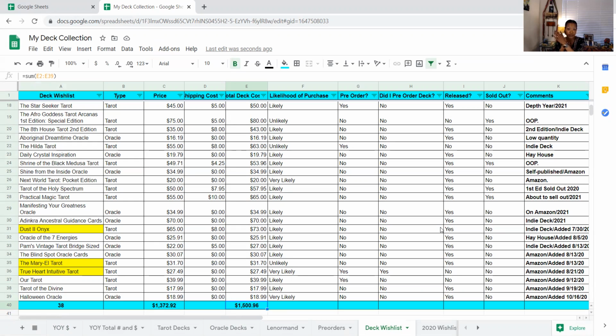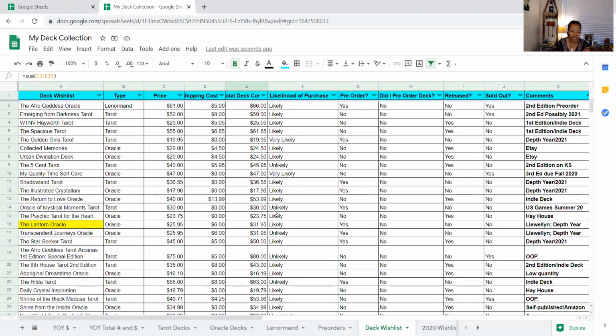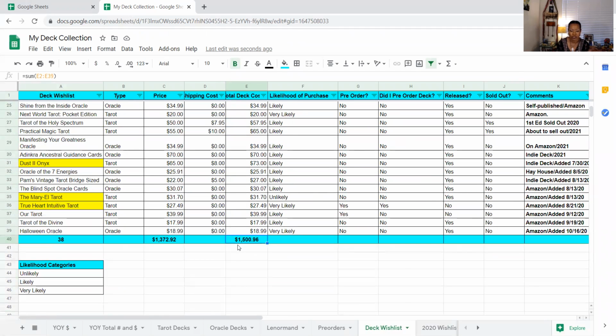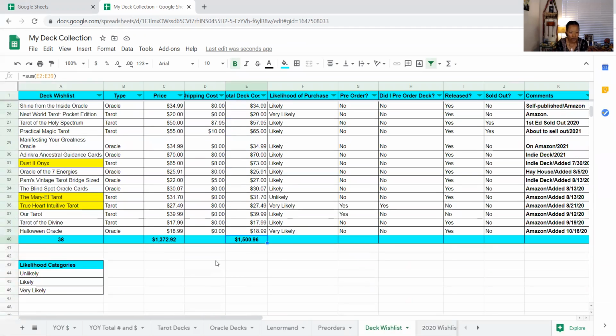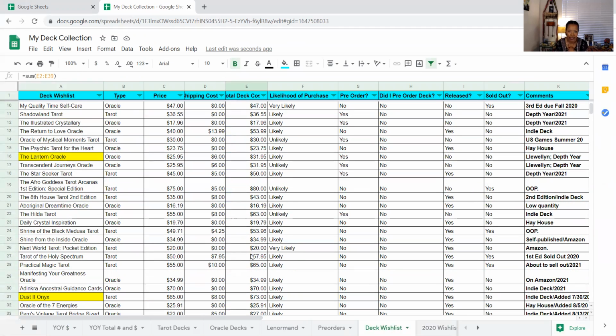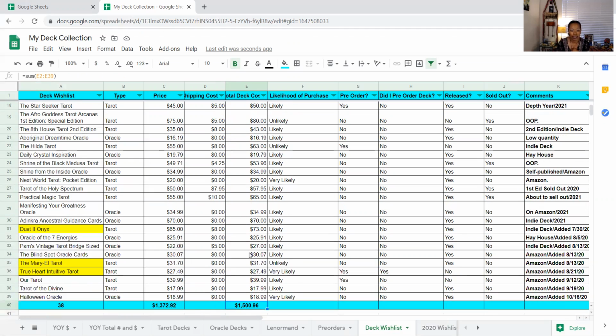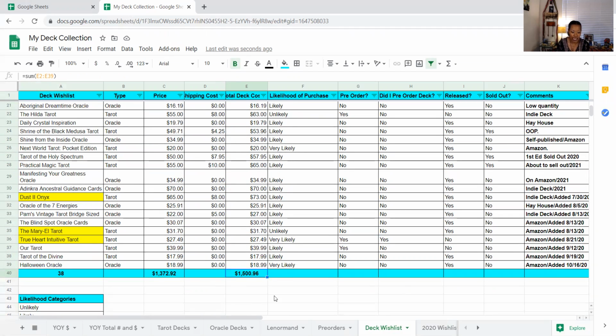I've been progressively going up, as you can see in that tracking I did, and there's no doubt in my mind that it wouldn't have changed had I not done my low buy year. I've now only spent about $400, which is quite a bit different than the $1,500 I was well on my way to spending. So I just wanted to show you that I like to keep track of the actual amount it would be an investment to purchase this deck.